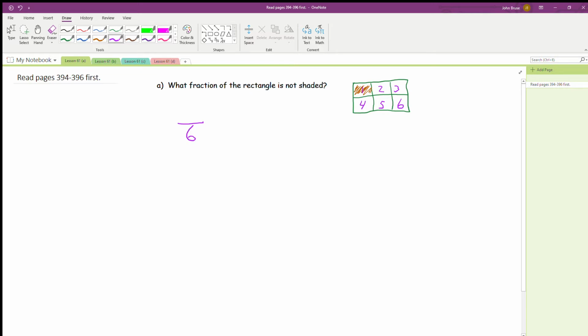Then we're going to count how many parts are shaded. All right, so in this one here, we just have 1 part shaded here. So our numerator is going to be 1. 1 part of the 6 parts are shaded. So 1/6 of the rectangle is shaded, but it says what fraction of the rectangle is not shaded. So not shaded